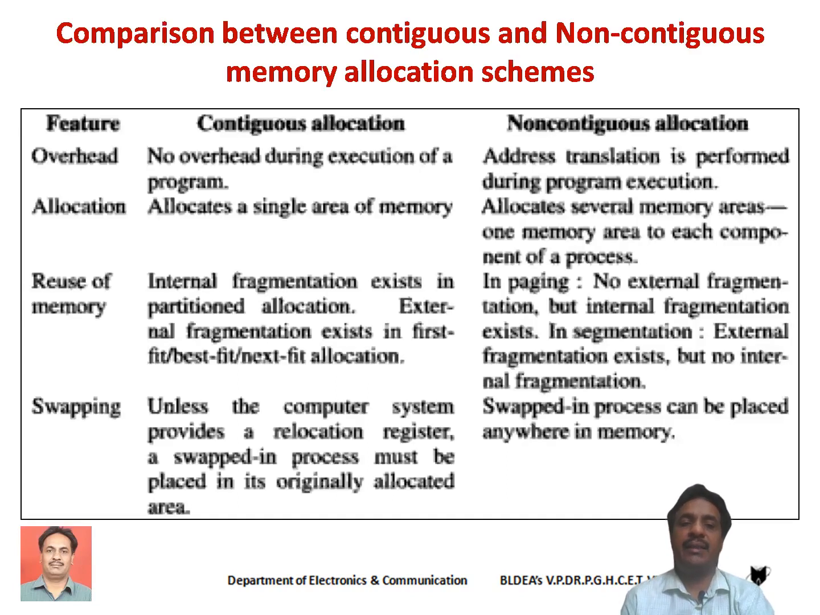Okay, students, here we have one more slide, that is the comparison between contiguous and non-contiguous memory allocation schemes. Till now, we have discussed the concept of contiguous memory allocation and non-contiguous memory allocation. We have seen that in the contiguous memory allocation scheme, we have 3 algorithms. They are first fit, best fit, and worst fit. And in the case of non-contiguous memory allocation, we have 2 methods. They are paging